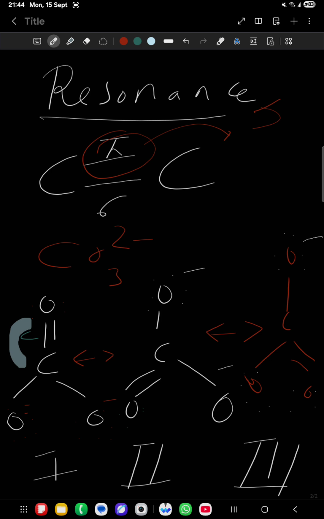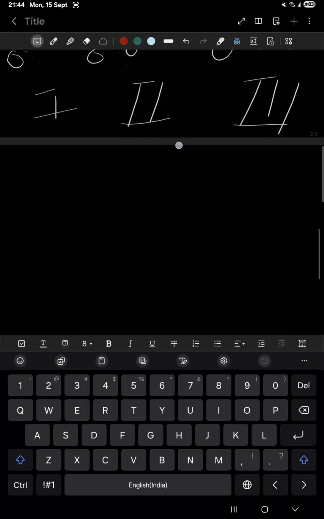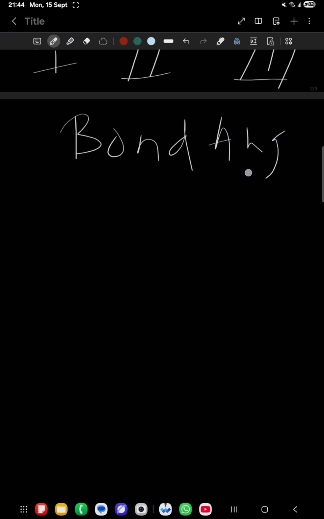Others, your next doubt was related to bond order or bond angle, I guess. Bond angle, right? So here it is another part. This is bond angle. I told you what bond angle is. If you would have seen my notes, you would have understood what bond angle is all about. So bond angle is, suppose, let's see, it is the